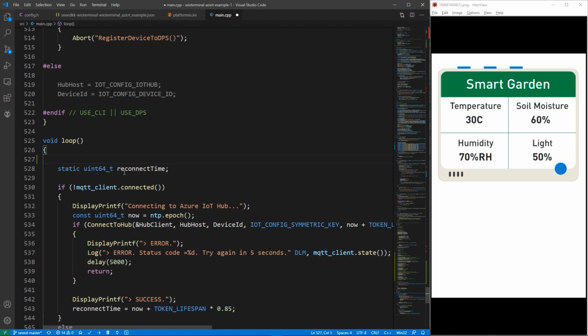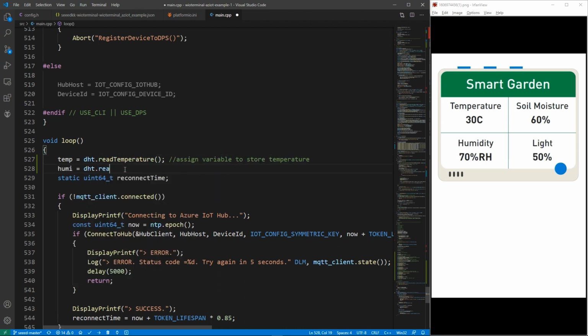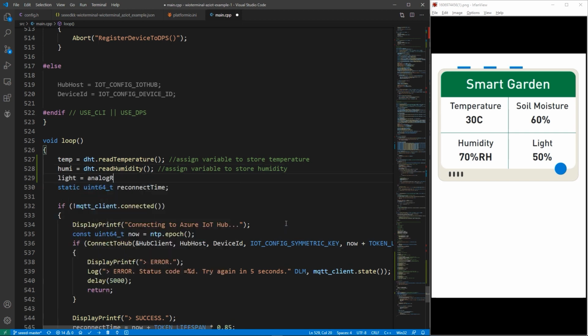So inside the loop, first assign variables to store temperature and humidity sensor information. And next, assign a variable to store light sensor values. So this is how the inbuilt light sensor pin is defined.